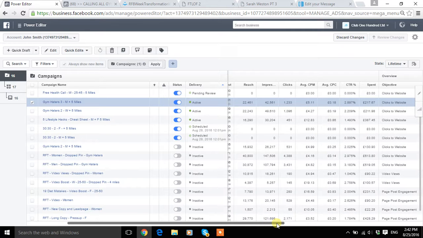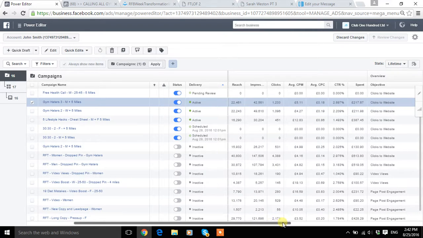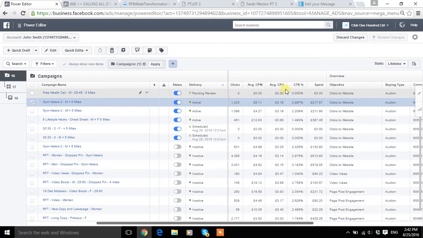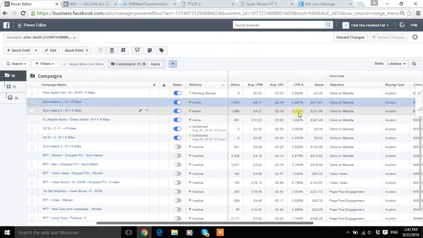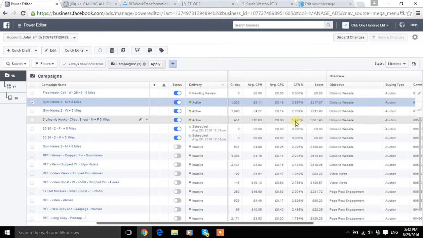Okay. CTR is quite important. So that's click through rate. Anything above 1% is what you want. Okay, as you can see here, 2.8, 2.2, 1.4. So that's really good in the male one, pretty good in the women's one. Okay, could be better on the lifestyle hack one, but that is on a very small amount of money a